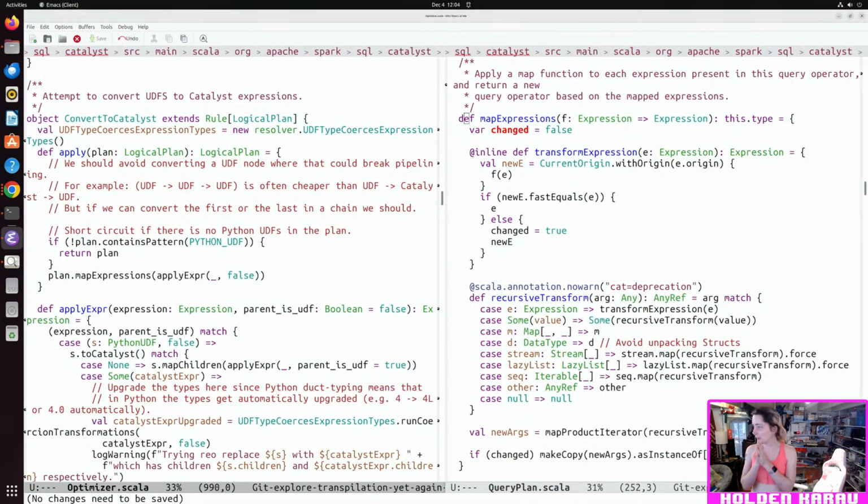I'm thinking map expressions might actually be what we want because as I'm looking at this, right? Yeah, this recurses down inside of everything else, but it doesn't recurse down inside of an individual expression. So if an expression has a bunch of expression as children, that's up to us to recurse down inside. So this is actually probably what we want, I think.